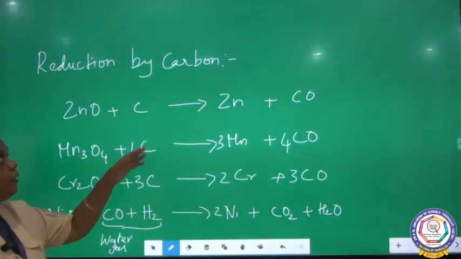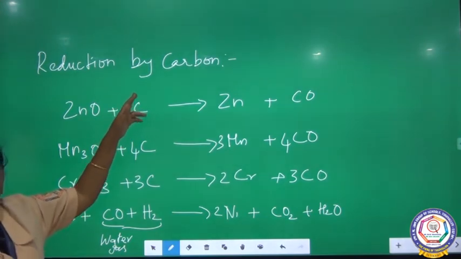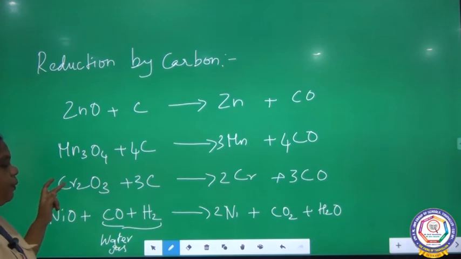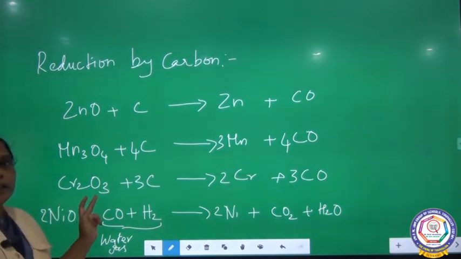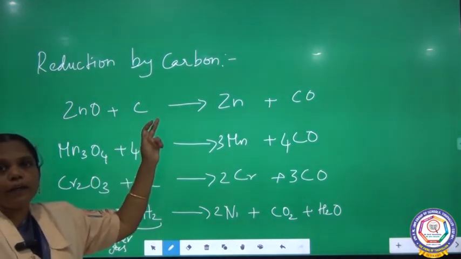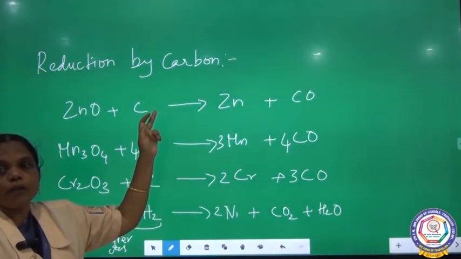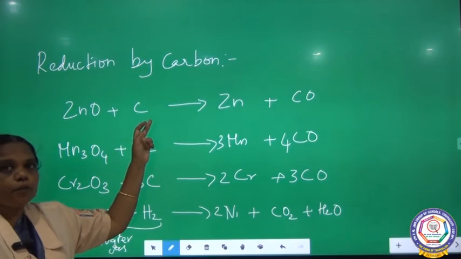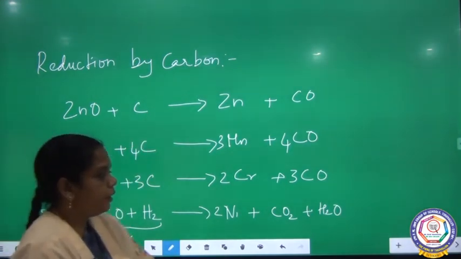So these are all the reactions of reduction by carbon, and zinc, manganese, chromium and nickel do not form carbide with carbon. So these metal oxides can be reduced by using carbon. Next one,